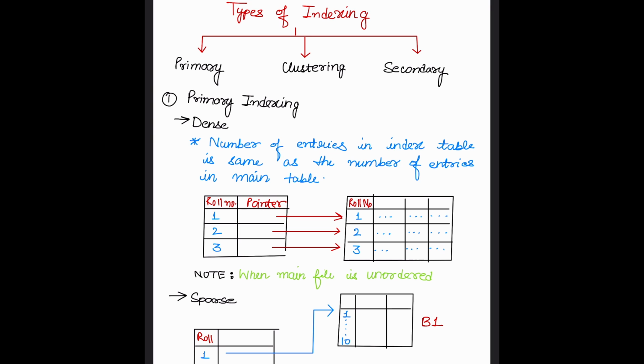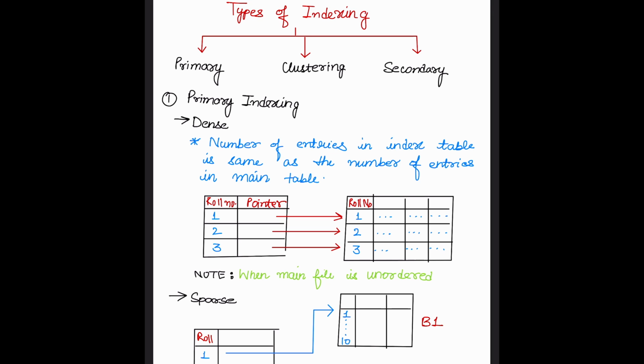Now, for example, if I have to find the record with roll number 5, then I look at my roll number 1 in the index table, which has the base address for my block B1, and roll number 11 has the base address for block B2. But we know that our first block B1 will hold 10 records. That means roll number 5 will lie in my first block. So we can go to the first block, and obviously in the first block all the records are in ordered manner. So the first record will be 1, then second, then third, and then fourth and fifth. In this way I can read and access the fifth record.